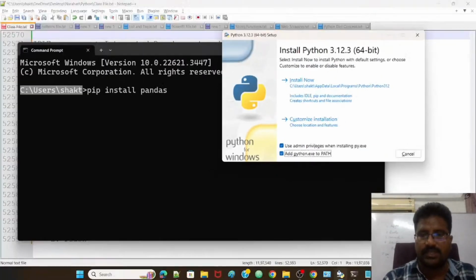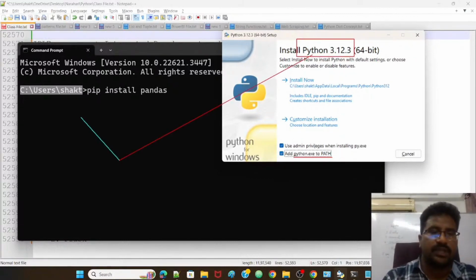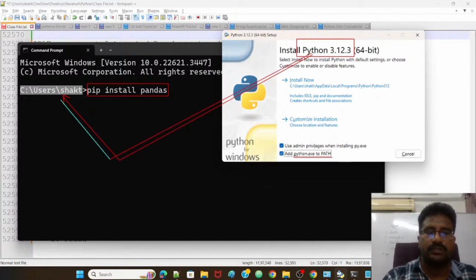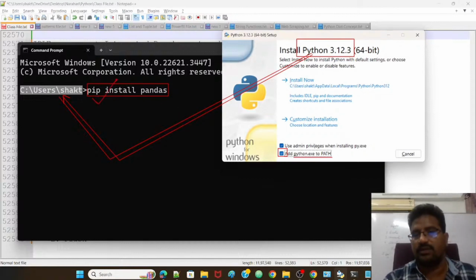That means, see what is there? Add Python to path means I am adding Python to this path, which means I am adding it to Windows, so that now I can use it happily. Now the link is given. To give the link, we have to click the checkbox. Now the link between Python and Windows is given, so that you can happily install all Python modules here,